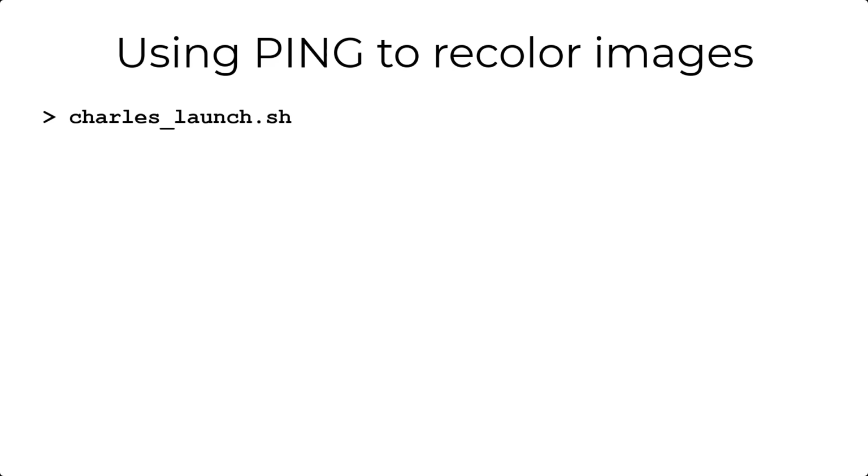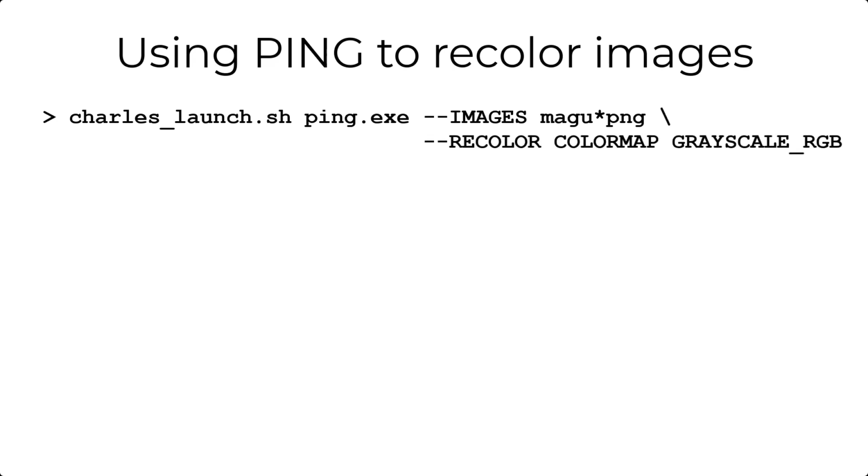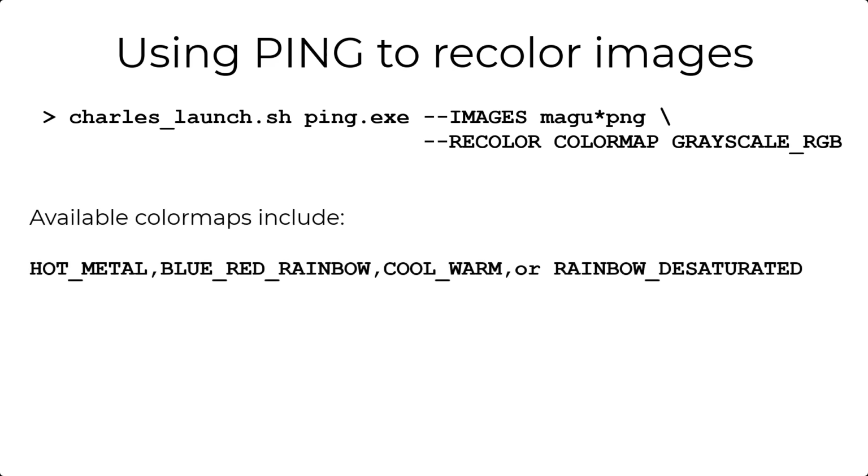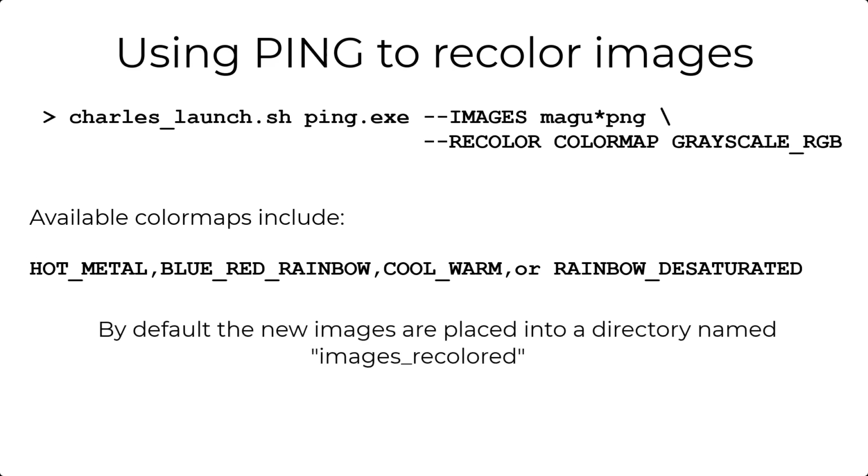Now, just like when we use Surfer or Stitch or even CharLES, we're going to start with the CharLES launch shell script. We're going to follow that this time using the ping executable, so ping.exe. We're going to follow that with the --images keyword, followed by a list of images that we want to operate on, and you can see we could use wildcards. We'll follow that with the --recolor space color map and the color map we want to use, in this example grayscale. There's multiple color maps that are available that you can choose from, and once you've issued this command, all of the new images are going to be placed in a directory called